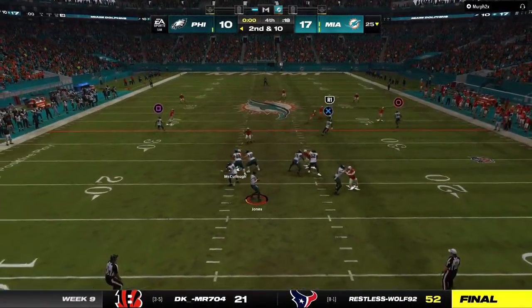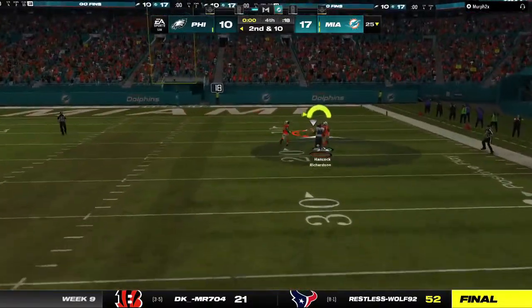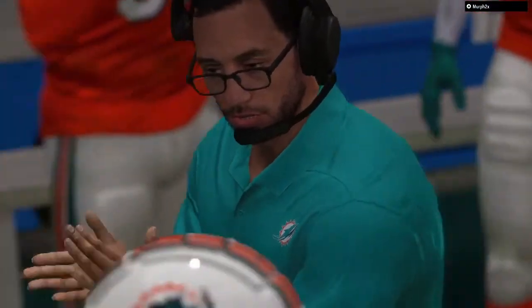One final shot. They'll look to throw. Now a desperation throw deep downfield. And it's incomplete. So their final drive comes up empty. And with